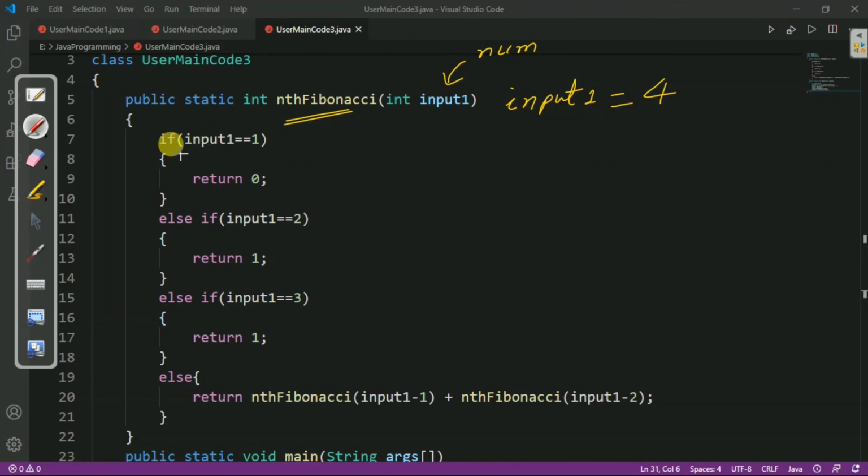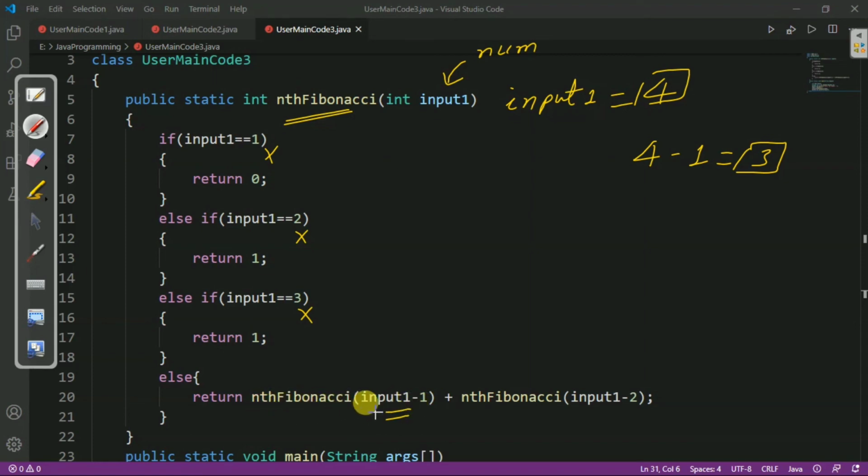So now we have written the if statements, and we will check the condition: if input1 equal to 1, and here we can see that our input1 is 4. So this condition will be false, and this will again be false, and this will again be false, and after that we will come to the else part, and here we have written nthFibonacci(input1 minus 1), and here our input1 is 4. So 4 minus 1 will give 3, and here we are again calling the function, passing the actual value 3.